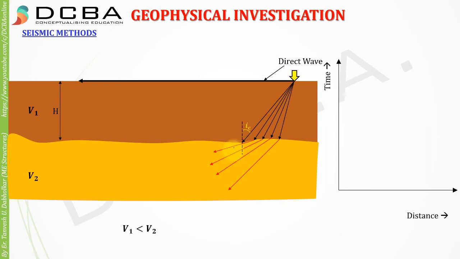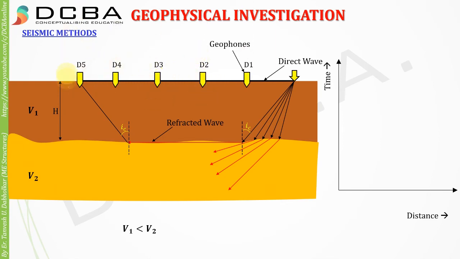And when it hits the rock at the critical angle, it will not travel inside but it will travel along the interface. So this is the refracted wave, and then because of the undulation of the rocks here, again this refracted wave would find a critical angle and go back. Alright, so we employ various geophones. Geo means earth and phones means something which receives or records sound or velocity. So these geophones will record the velocity and the time at which that wave is first intercepted.